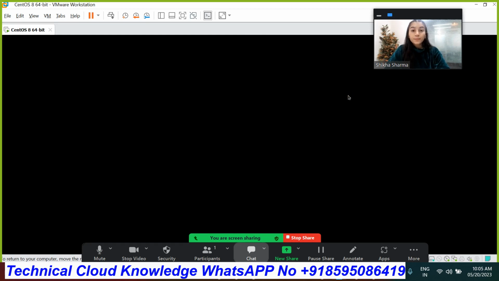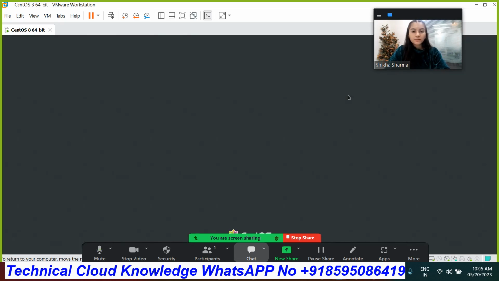Okay. Basically, now you will be able to see something interesting. See, in the user selection page, I didn't get the user which I have just created, named cloud. Why is it happening? Because when you do not assign any password to the user, it will not come under your user selection page. The user is locked, as the password is not assigned, so it is not applicable to come under the user selection page.